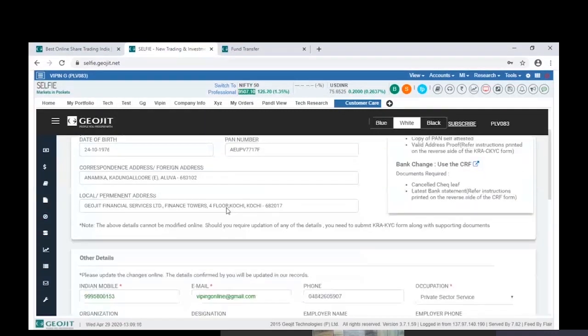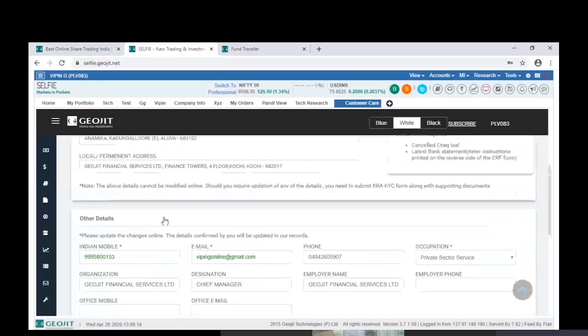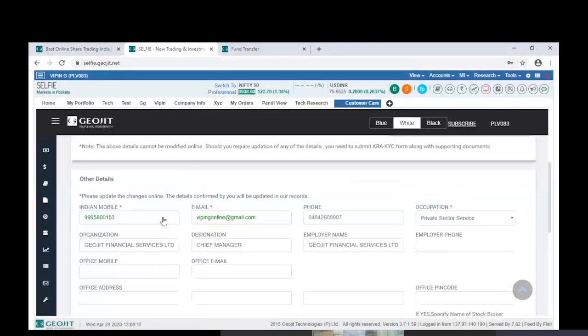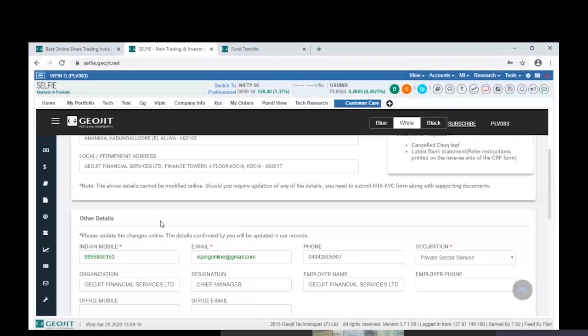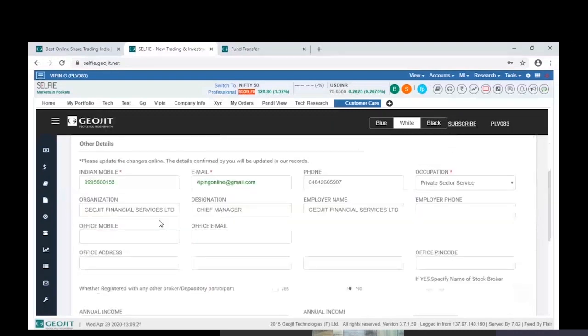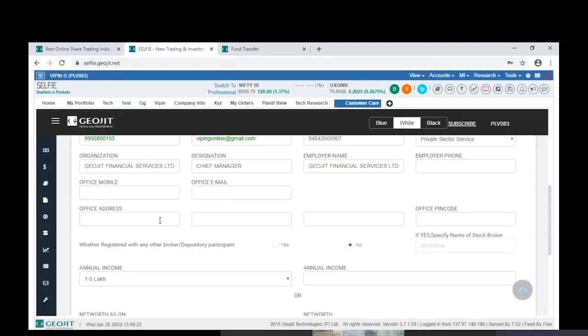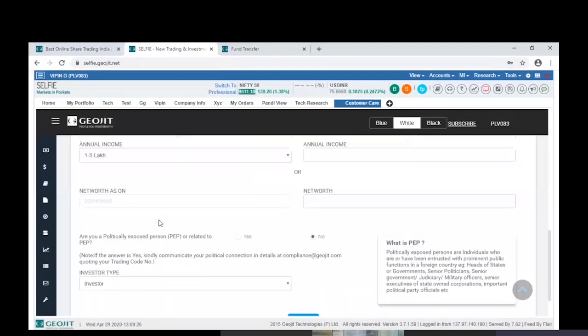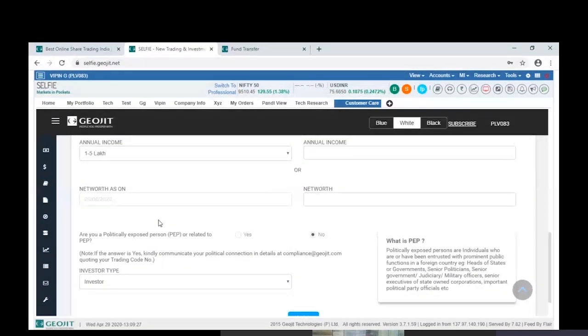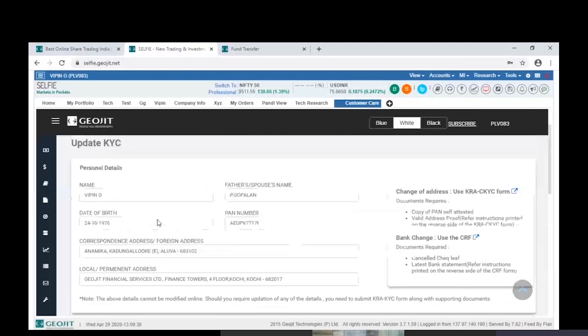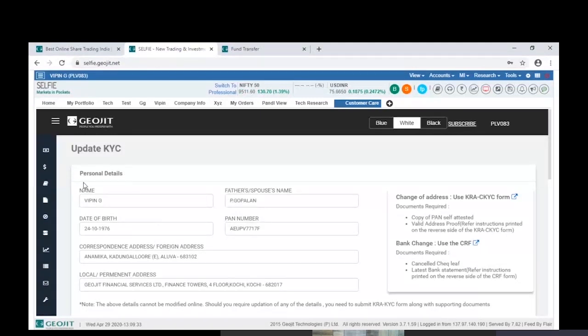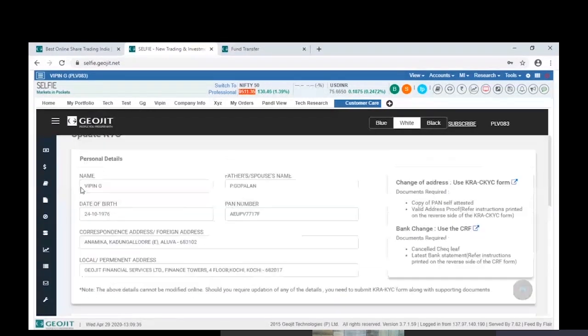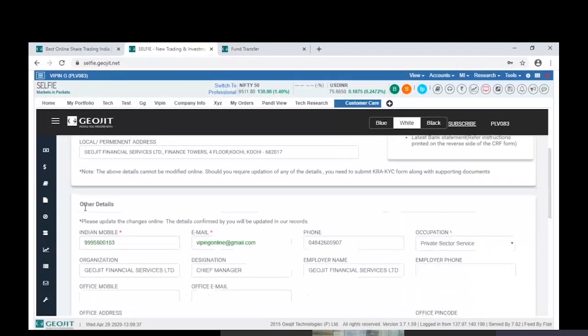So almost 90% of the requirement you can meet online. And even if you would like to add a new bank account, that too you can do from this portal. So just go through the customer care site portal also, because it gives a lot of information, and you also have a one-time activation for many of the products. Like we have many products called futures and options, intraday. Then we have margin trading facility. So an MTF registration can be done here.